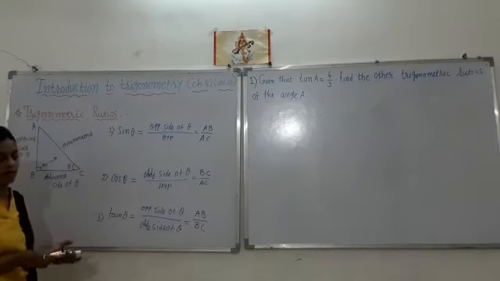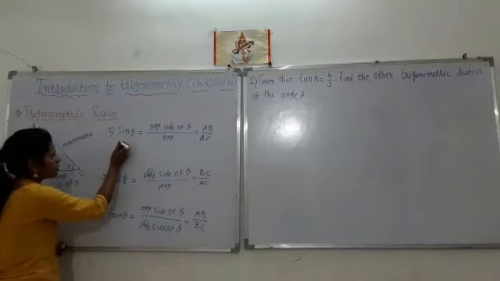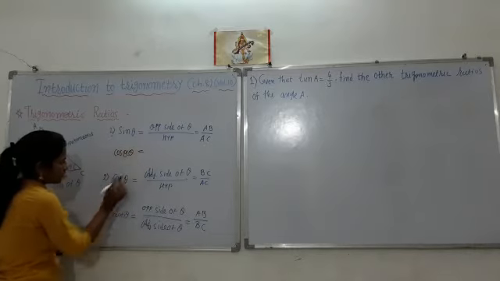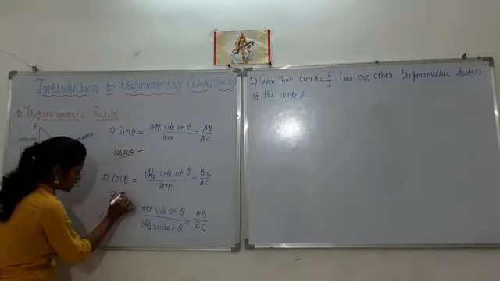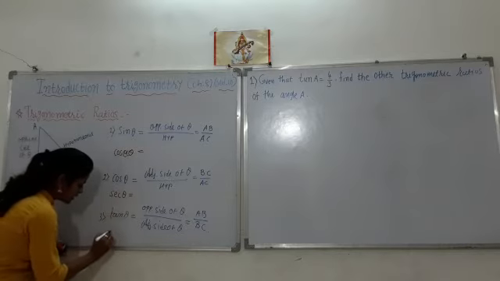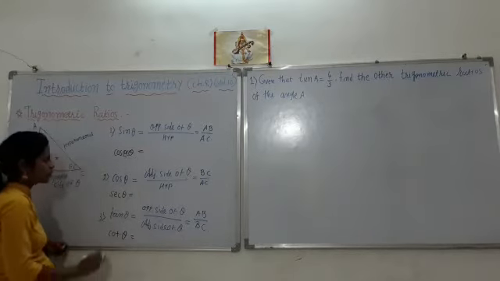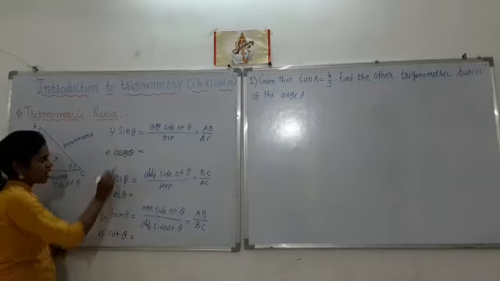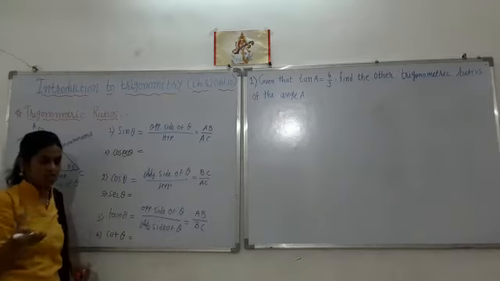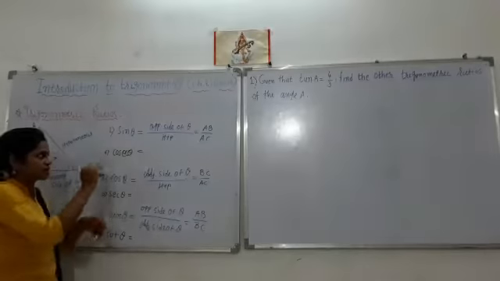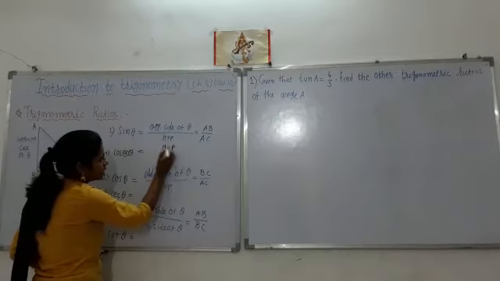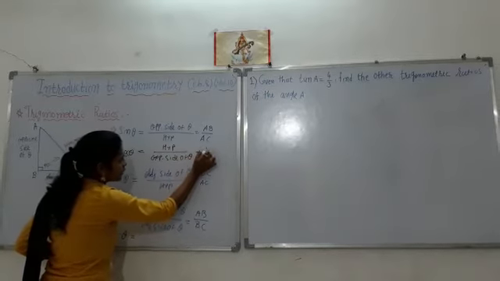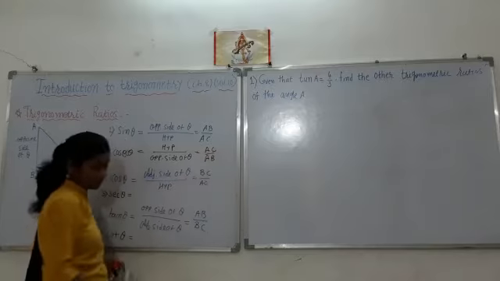Now the other trigonometric ratios are the inverses. The inverse of sine is cosec theta, cos theta's inverse is sec theta, and tan theta's inverse is cot theta. So you can number them 4, 5 and 6. Cosec theta is the inverse of sin theta, that means reverse. So you can write hypotenuse upon opposite side of theta, so its formula becomes AC upon AB.